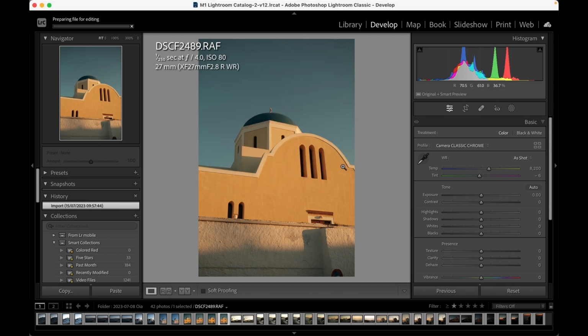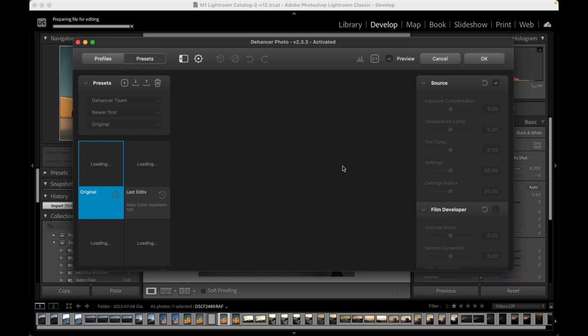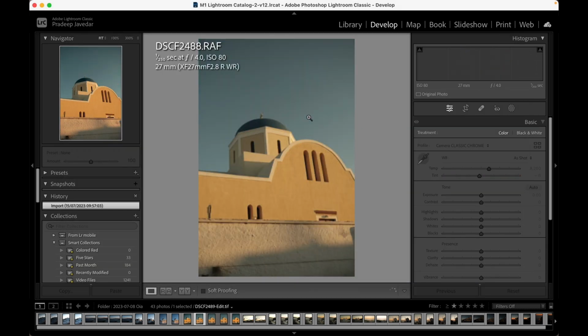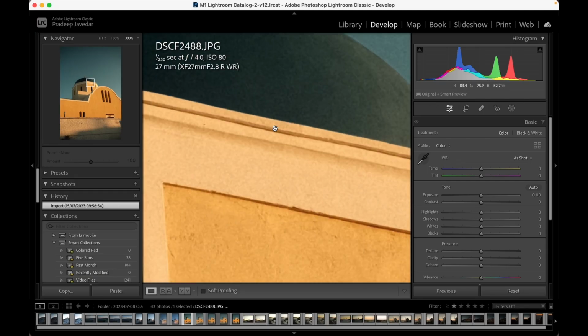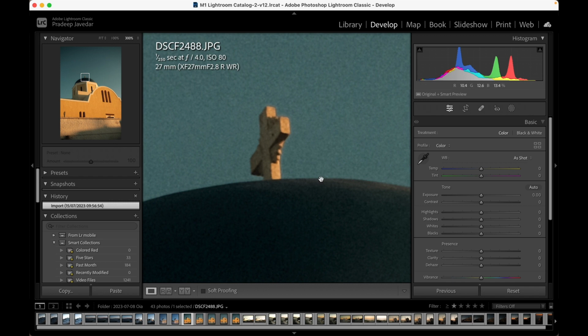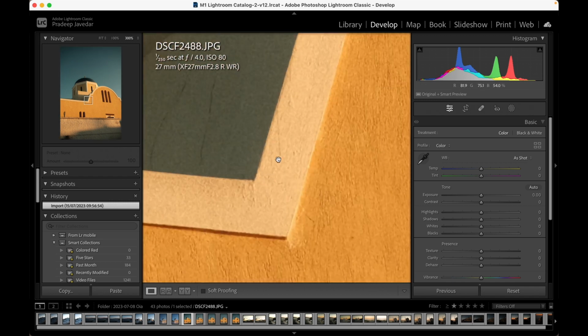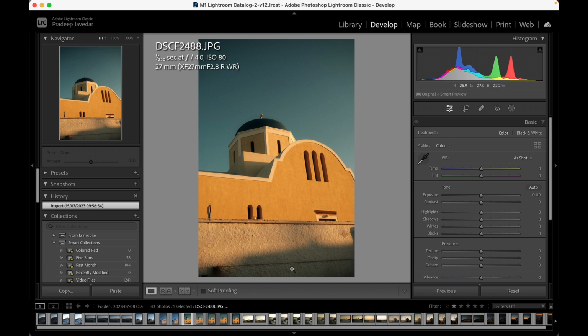Yes, I prefer that. So this is a raw image, and this is the JPEG. So already there is an emulation on it, which I got from Fujifilm X Weekly. Yeah, this is a very warm kind of an image. You can already see there is a lot of grain applied. The highlights are really, you can see a little bit of the halation glow kind of an effect, and